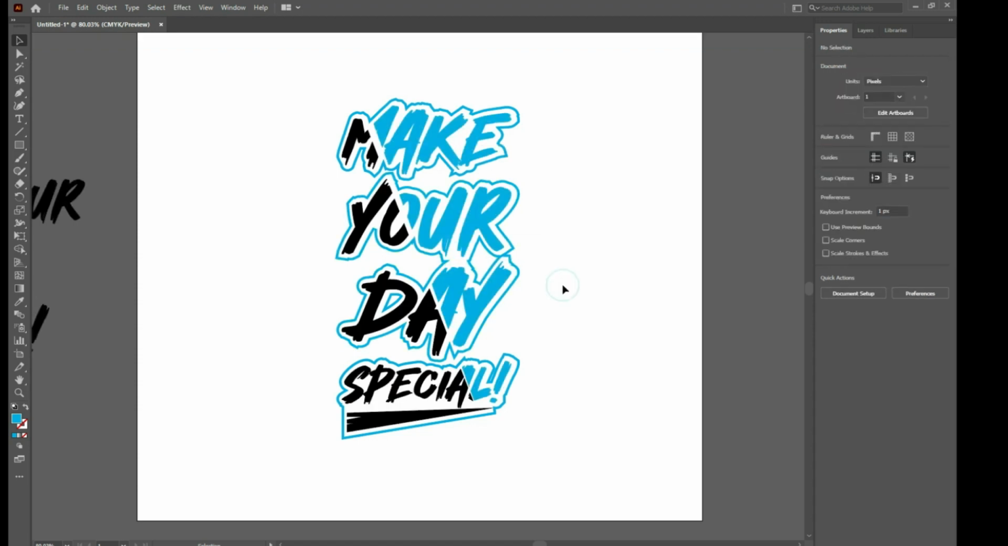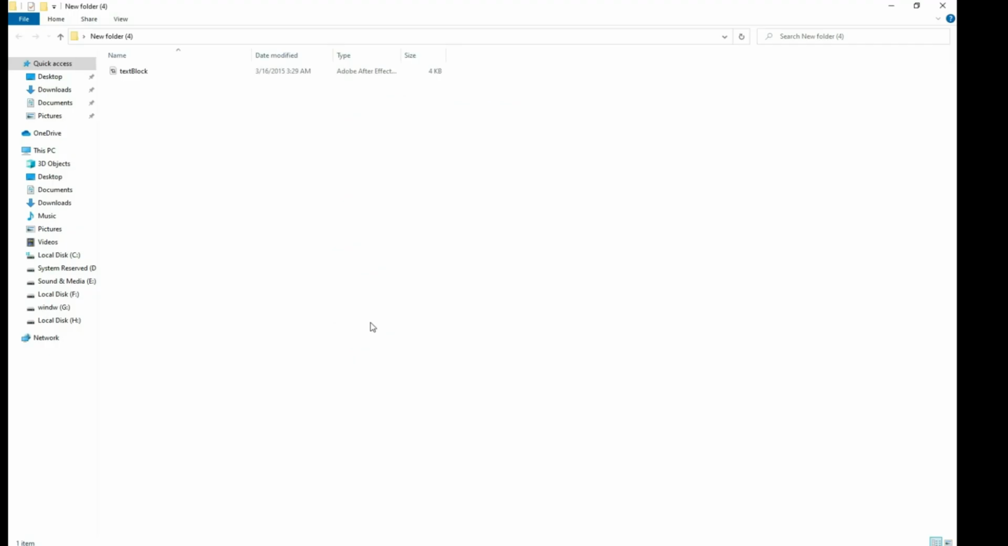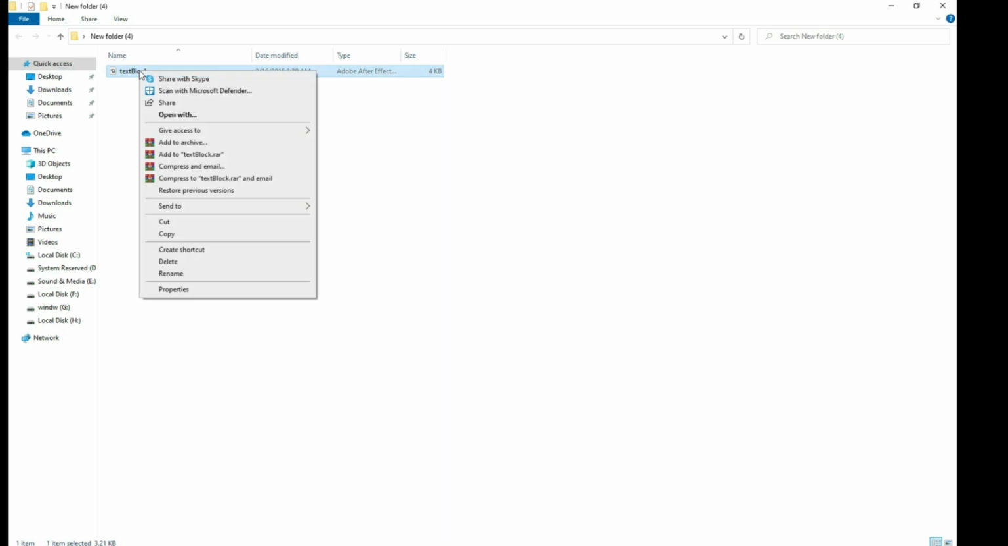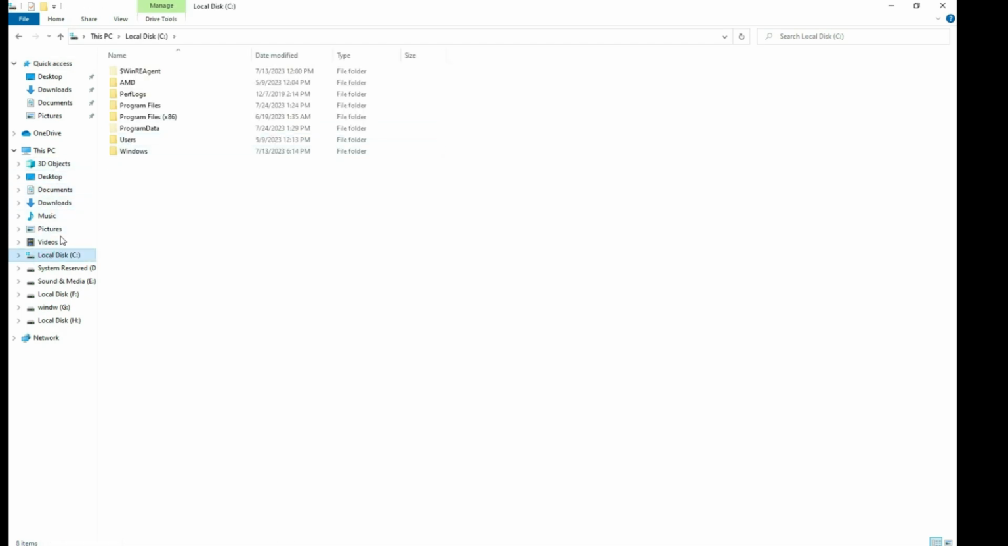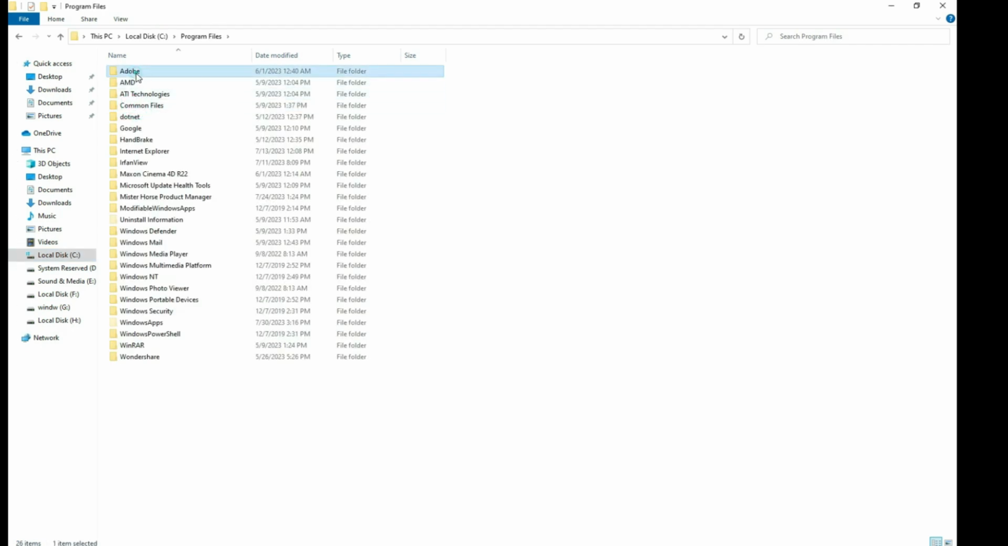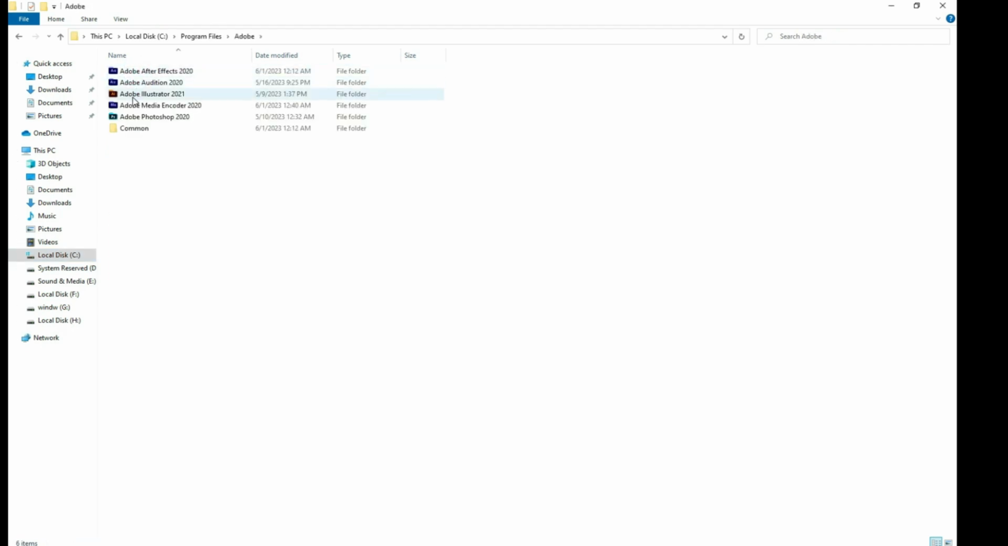Now I'm gonna tell you how you can install script into your Adobe Illustrator. Once you download the script and you have it in your computer, it looks like that. Text block, right click on it and copy. Now go to C drive where your Adobe Illustrator is installed, then click Program Files, Adobe Illustrator,